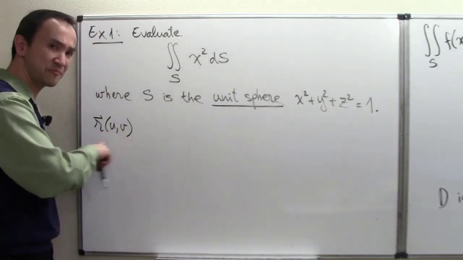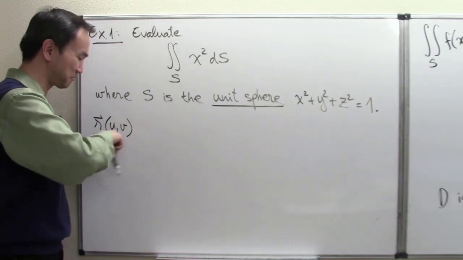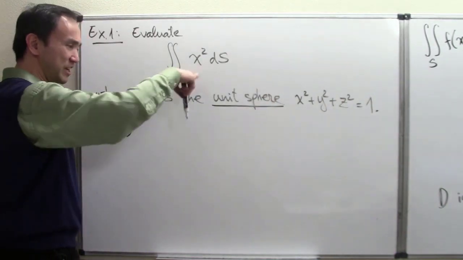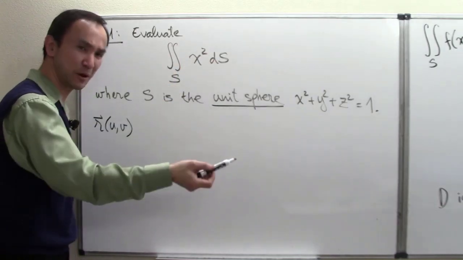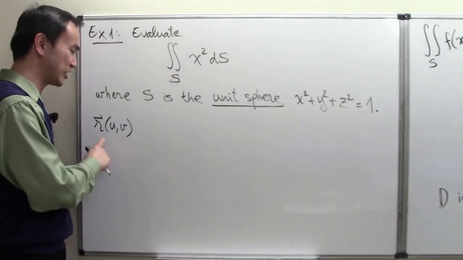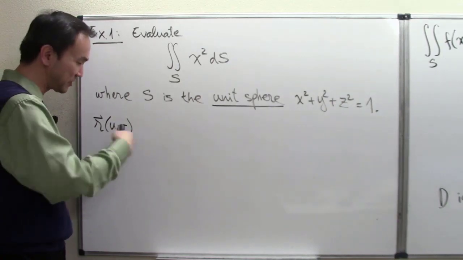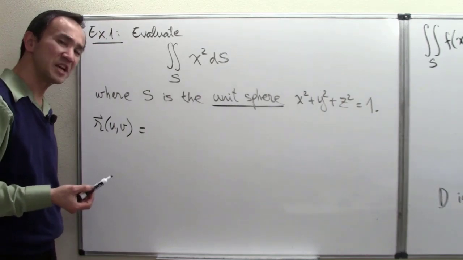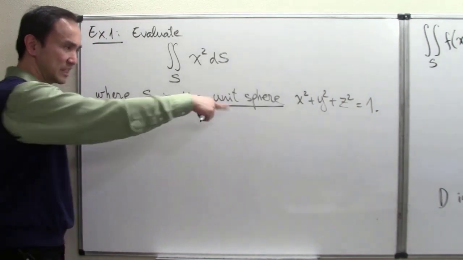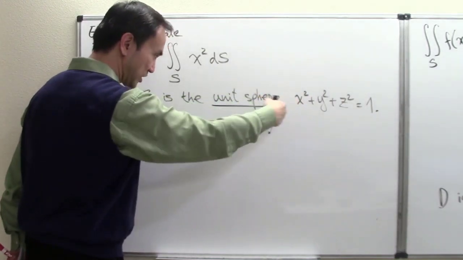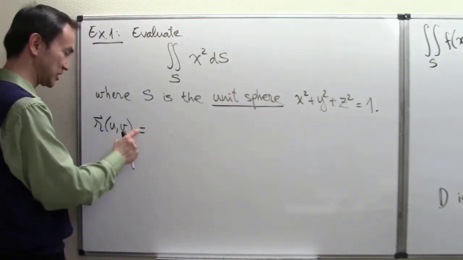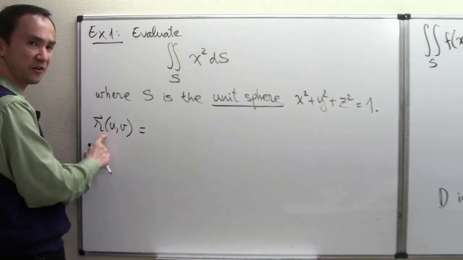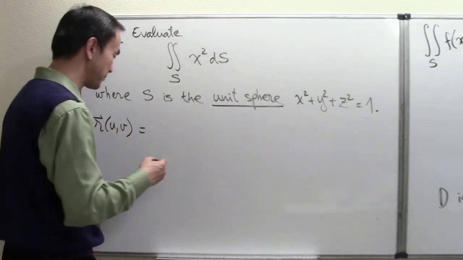So I'm halfway teaching you how we can calculate that with a supposedly given parameterization, but also reminding you how you can come up with your own parameterization for a space surface as well. So it's not always easily given, but we know that it's a unit sphere with that equation. A sphere has a standard parameterization as a vector-valued function of two variables, u comma v, being written as: